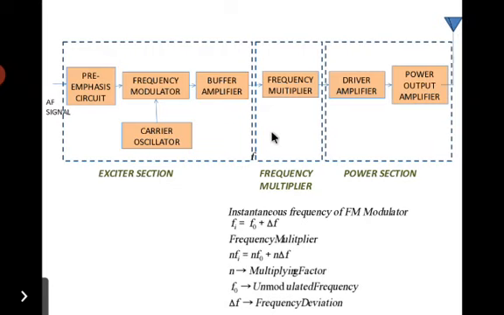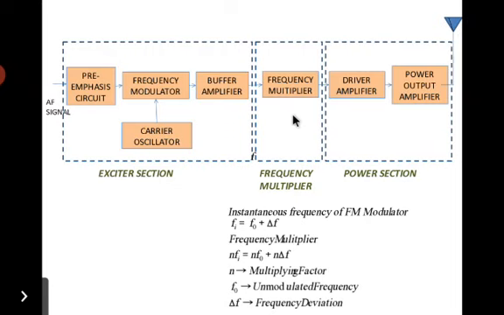And these frequency multipliers are tuned input, tuned output RF amplifiers in which the output resonance circuit is tuned to a multiple of the input frequency, and common multipliers are 2x multipliers, 3x, 4x multipliers and even 5x multipliers are sometimes seen. Note that the frequency multiplication is by whole numbers only. There cannot be a 1.5x multiplier.